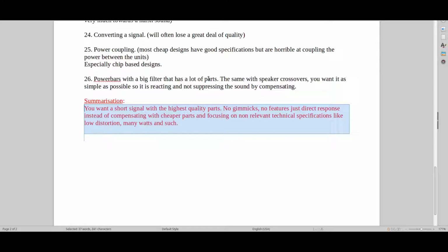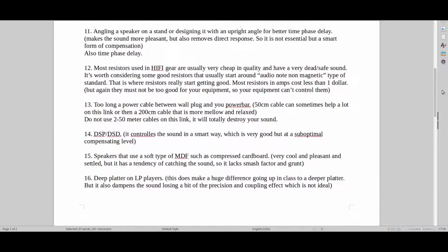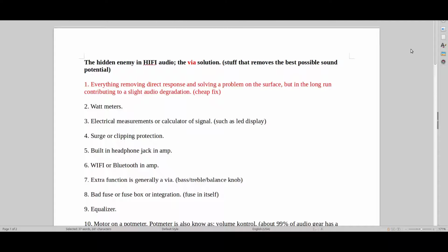So yeah, that was basically all, and I hope this helps you guys in finding equipment that you feel is relevant. It actually plays really good music, and I suggest trying gear like YBA Passion series, or even their better Signature series, or top Tube Guru gear, or Jadis. They make some good amplifiers, and Audionaut, Kondo, Spectral, Negra, D'Agostino, Griffin. Those are basically the only brands that I would suggest